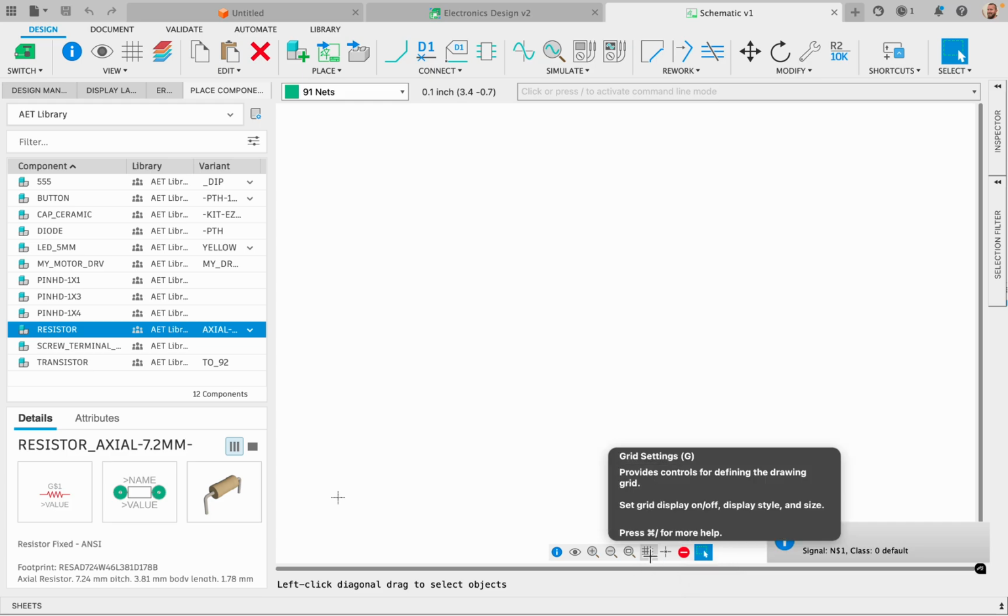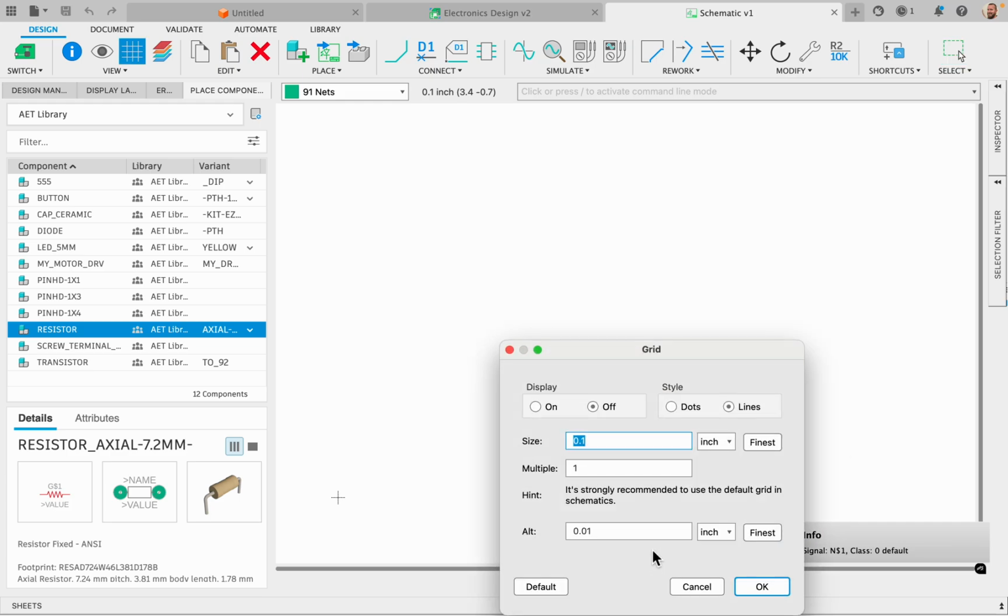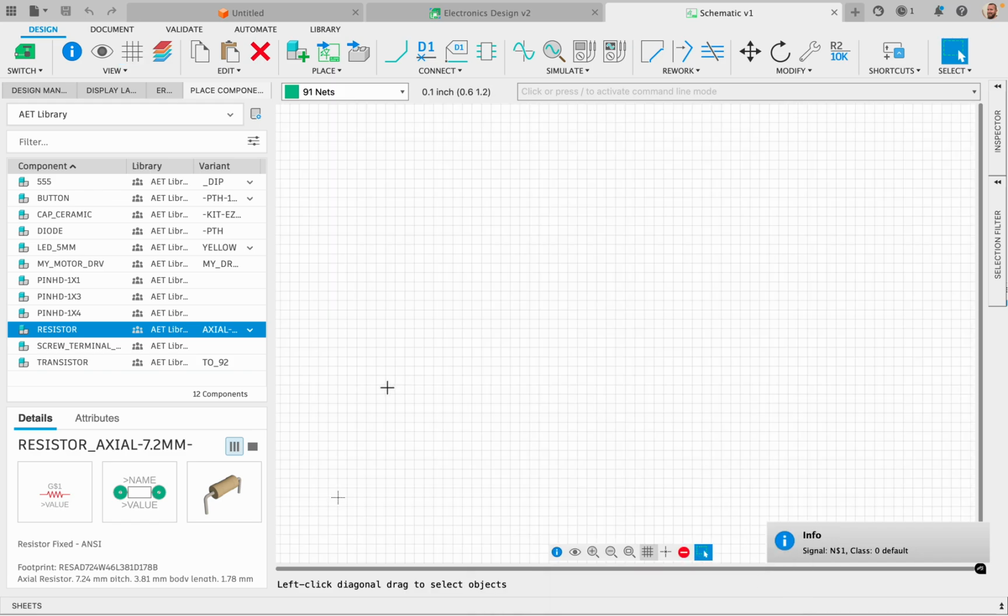Grid settings with the schematic are not as important, but I do want to have my grid settings, so I'm going to turn on the display. The size should be 0.1 inches. That's a standard dimension for electronics. All right, so I've got my grid, and I want to build